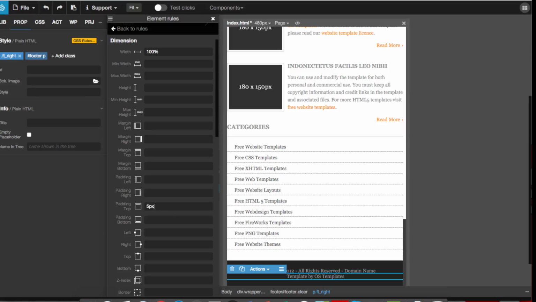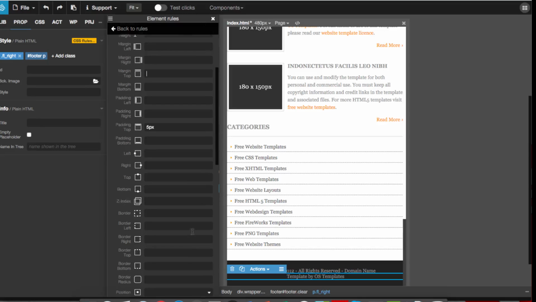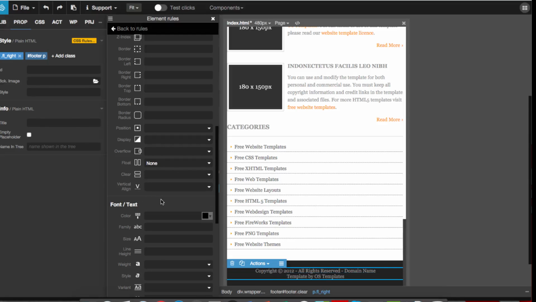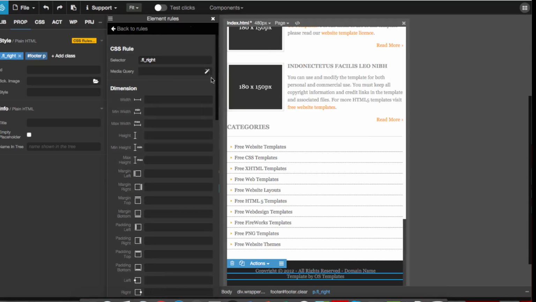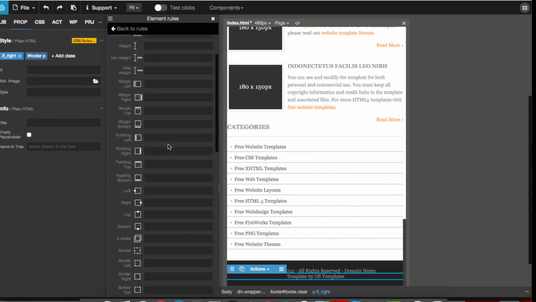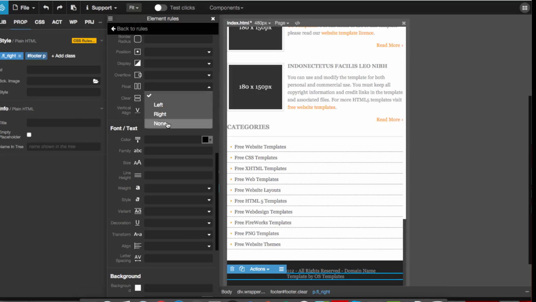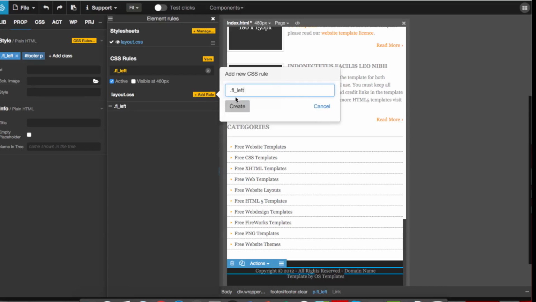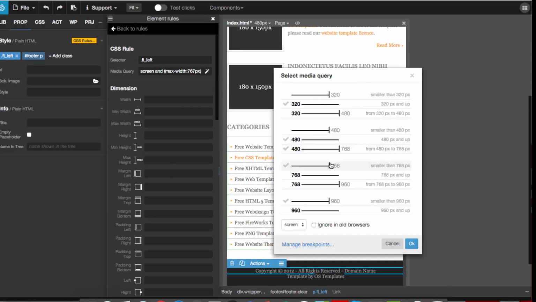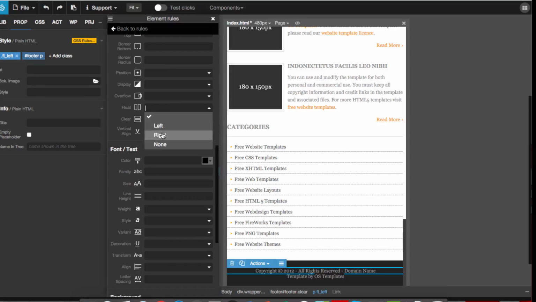Padding top 5 pixel or margin top 5 pixel. We can do float none, I forgot to do float none, so this is fine, a mistake. Create a rule for max-width 768, width 100%, float none, and the same thing goes for this. Here I will create a rule for max-width 768, float none,